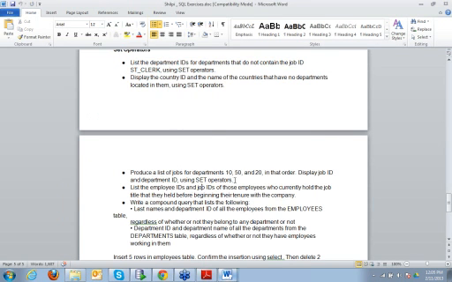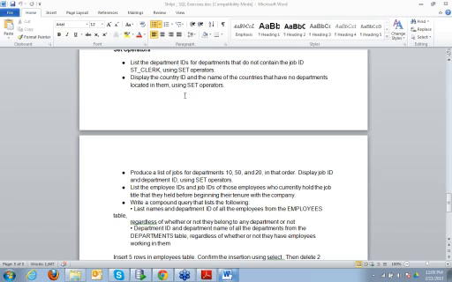Produce a list of jobs for departments 10, 50 and 20 in that order. Display job ID using set operators. Let's do this one. DISTINCT cannot avoid this, because DISTINCT is actually used on one column. If there are a couple of rows with a different second value, then DISTINCT cannot be used.